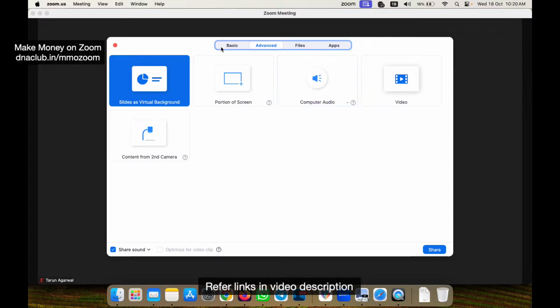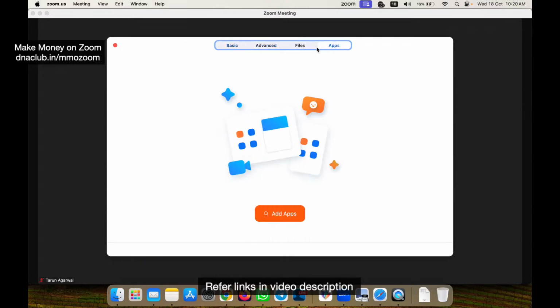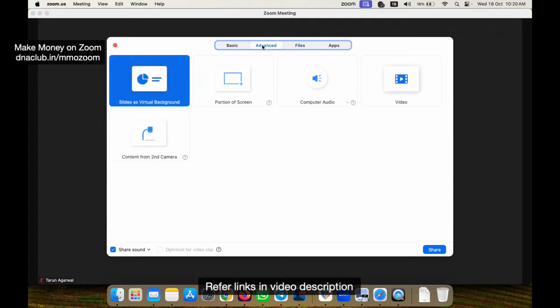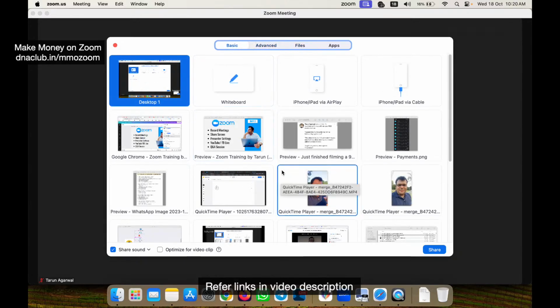Yeah, portion of the screen, computer. I mean, these are some important things which I covered. Okay, if you want to share this on Google Drive, then fine. But I think that's it. Okay, these are the important things. Also, if you want to connect your iPhone via AirPlay, I mean through Bluetooth or maybe through cable, you can use this one.